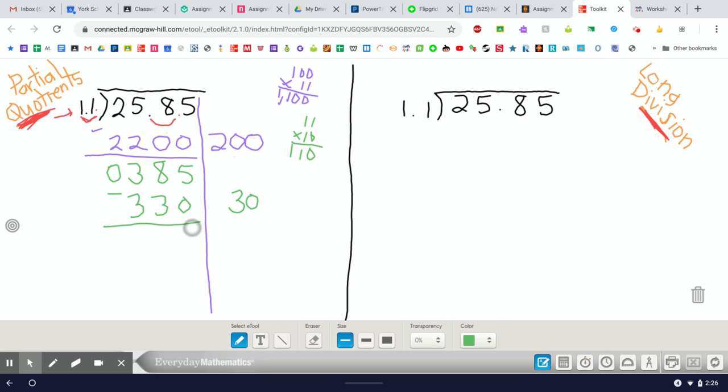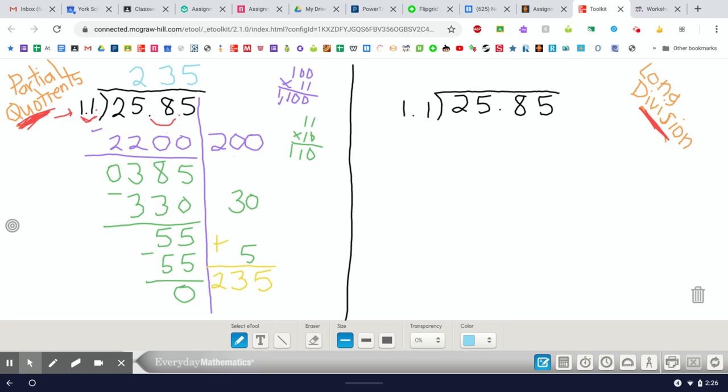And we'll get, let's see, 5. We'll get 55. Thank you, Reflex Math. One more time. 11 times what is 55? That's right, 5. 5 times 11 is 55. We'll subtract that. We'll have no remainder. Perfect. Now, let's add up our partial quotients. 200 plus 30 plus 5 is 235. So we write our answer on the answer line,